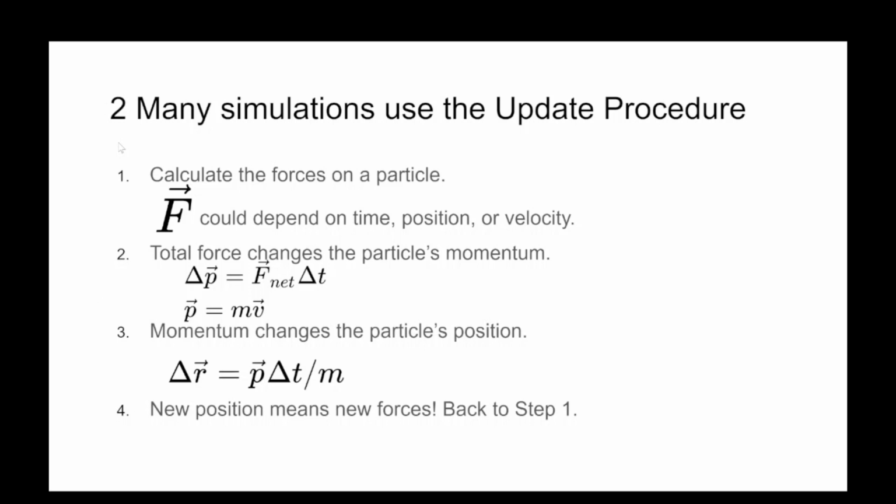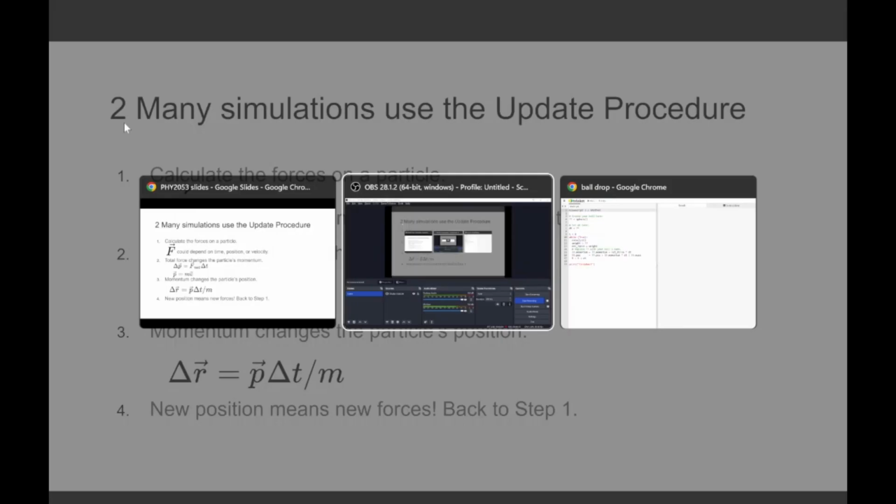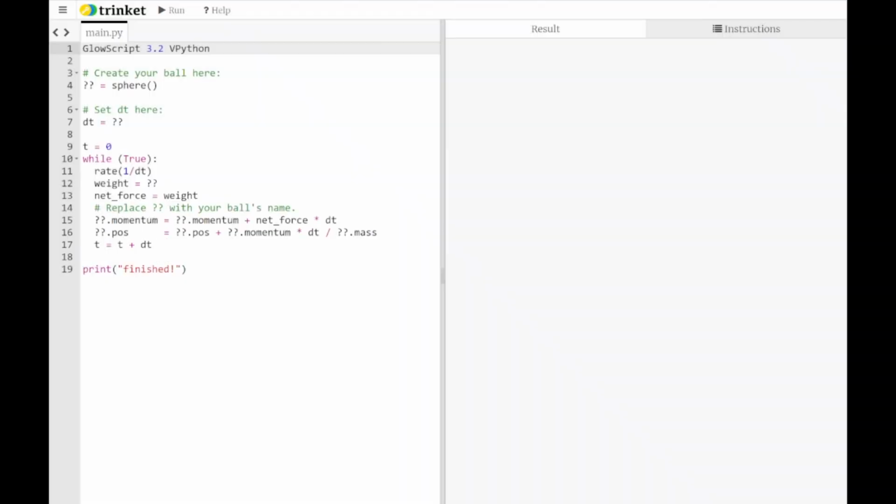You can use this to solve a problem algebraically, or you can use this process to create an animation. Let's take a look at how you might do that. So here I have a shell of a code. It's a starter that carries out this update procedure process. The first thing I need to do is create my particle. So let's create that here. I'm going to give it the name particle just to be consistent with my slides. And like we saw last time, I can just say particle equals sphere, and that will create a particle